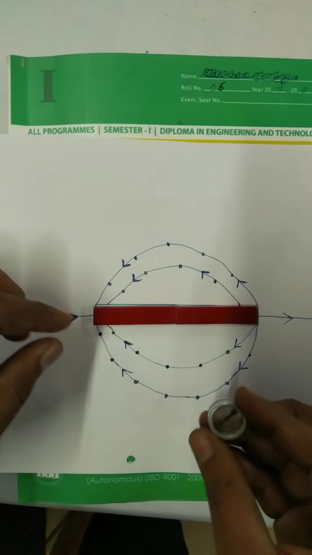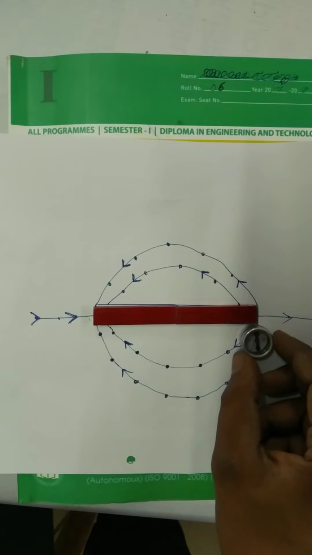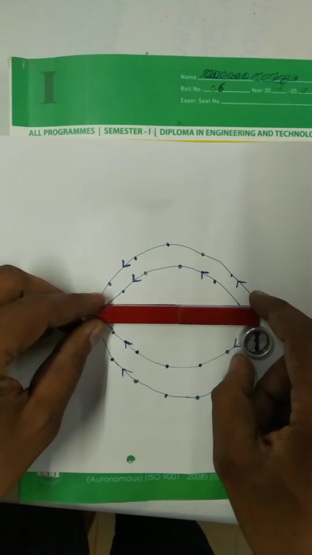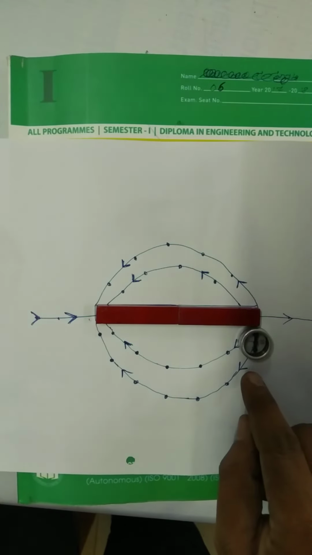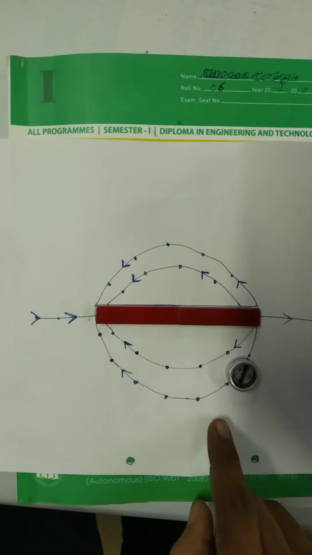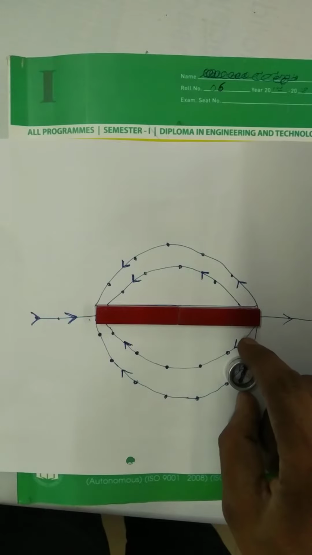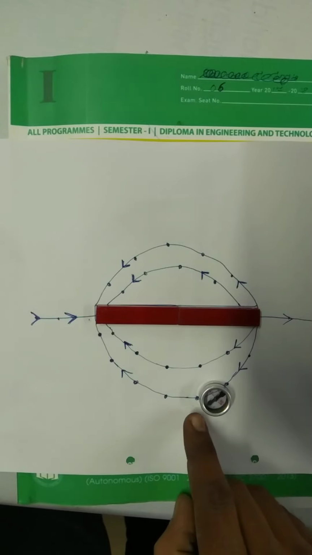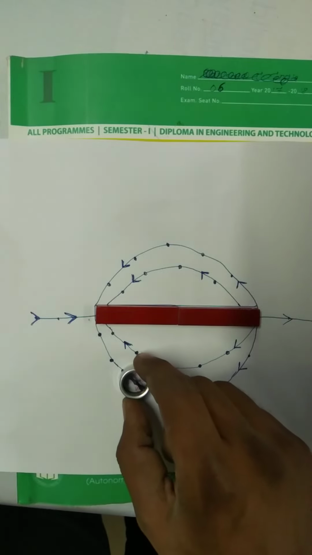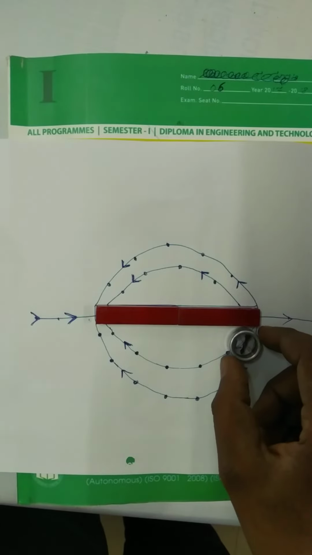Just verify it. You have to place the magnet here. You have to place the needle near the magnet, and you have to draw dots by using a pen, and just move it. Then you have to draw another dot. Move again. You have to plot this dot, and then in this direction. So this is the first line.